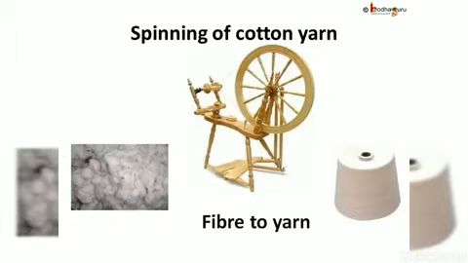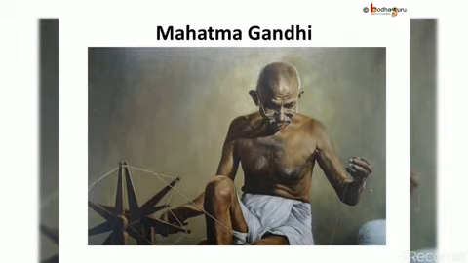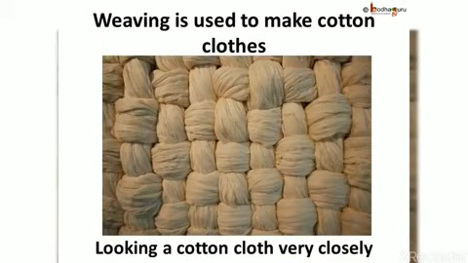We learnt in our previous video, right? The process is spinning. The fibers are spun together to make yarn. In Indian villages, a hand spindle or takli and a spinning wheel or charka are used for it. You know, our father of the nation, Mahatma Gandhi, used to make yarn on a charka for his clothes. Nowadays, electricity-driven machines are used for this purpose. So now we have yarn.